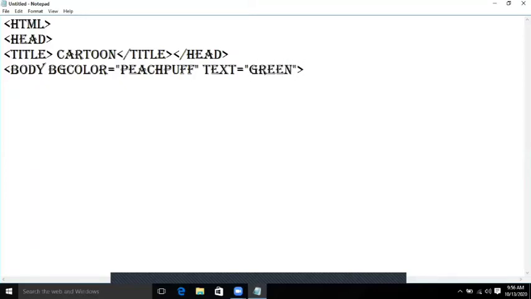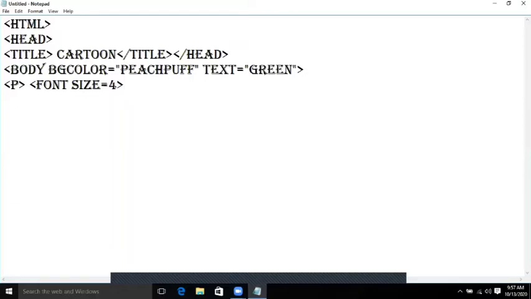Now after that move to the next line and use a paragraph tag, the p tag. After that specify the font tag by using font size, and the font size should be a value of 4.